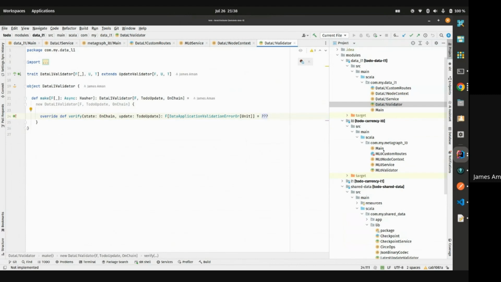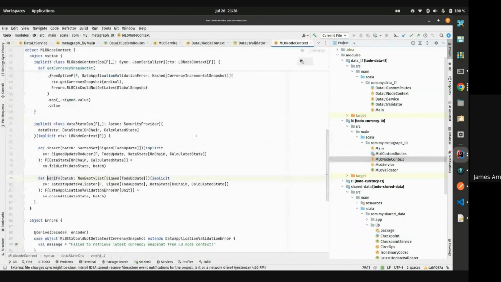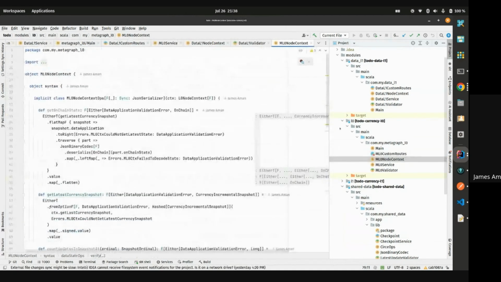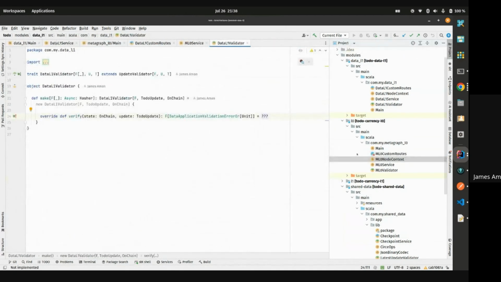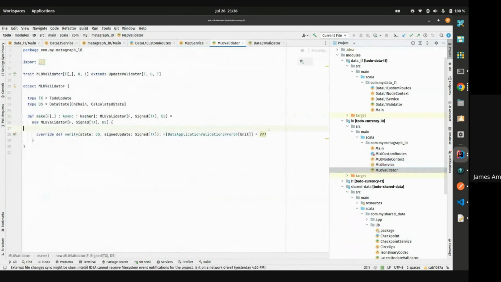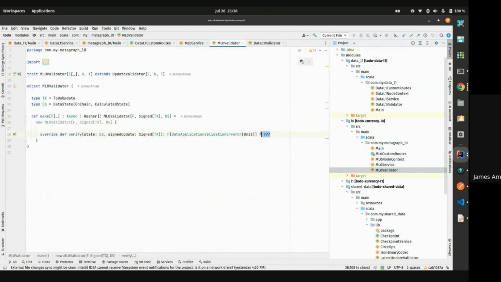Similarly, we've looked at the main here. We've looked at this custom routes, it's just empty. The ML0 node context also enriches some functionality within the application, but can just be used as is out of the box, so we won't really concern ourselves with it. We've gone over the ML0 service, and the ML0 validator is something we will come back to in a later